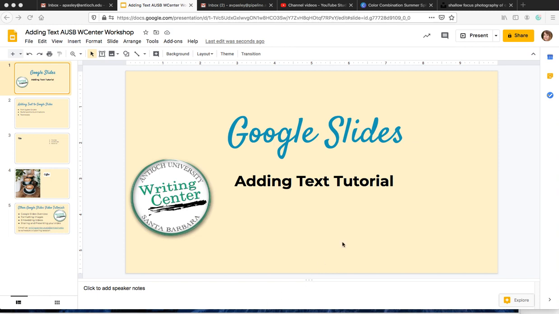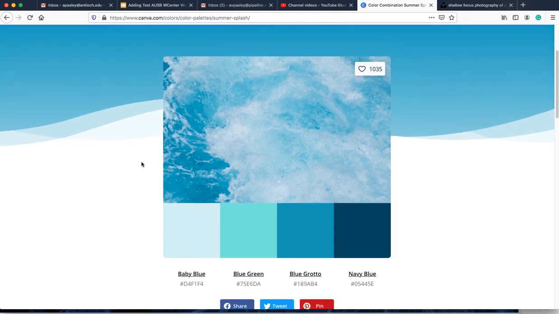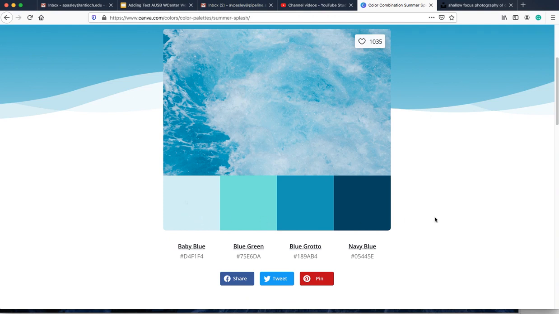If you want some inspiration for choosing colors for your slides, a great resource is Canva. They have all these different color combinations. So I'm on Canva's website and I scroll down and maybe I really like this color combination. I might choose the light one to be my background color. You can actually just highlight this hex code and copy that